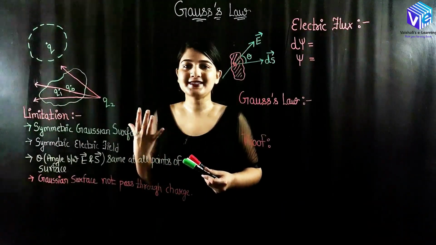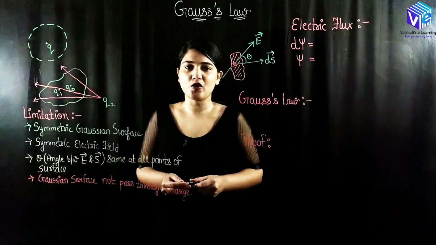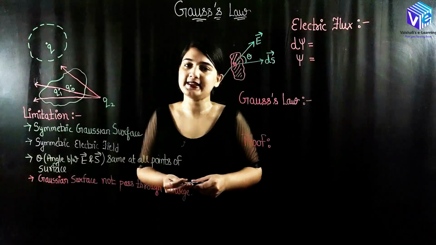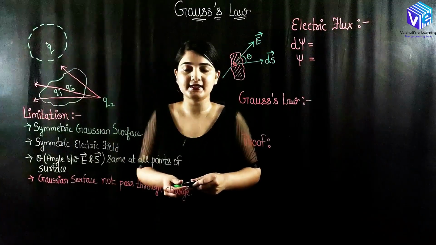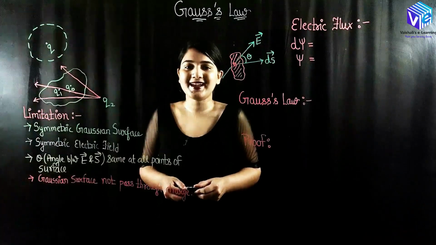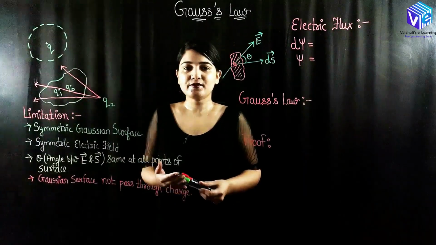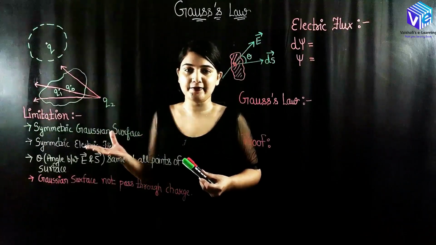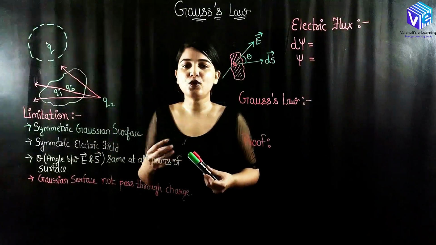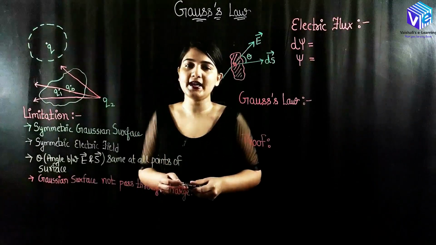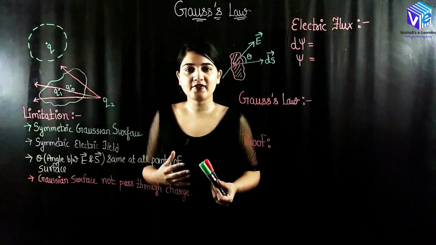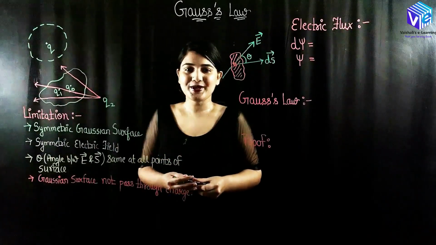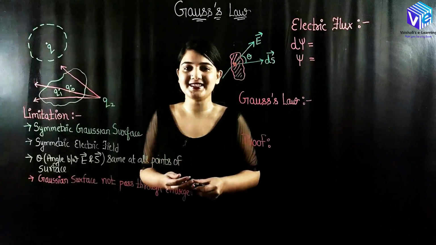First of all, why are we studying Gauss's law, and what is the significance of it? It will help us find various electrical parameters like the electric flux or the electric field intensity with great ease. It will make our life easier. In the previous videos on electric field intensity, I was using big derivations, but here I will tell you how we can use the symmetry property to find the electric flux and the electric field intensity without the bigger derivations. So this will make our life easier for sure.